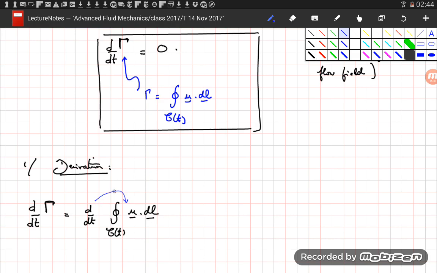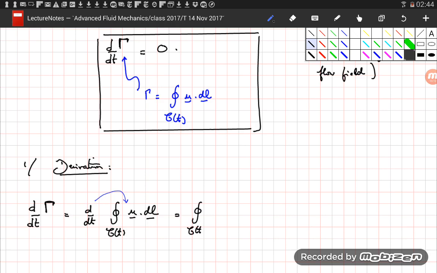Now when we do that, we've discussed that, we cannot just take the partial derivative, and in fact in that case what we simply have to do is take the material derivative. So if we're thinking about the time changes of this material contour, because this integral is on a material contour, then if we want to put the time derivative inside of the integral, we just have to take the material derivative. So this is equal to